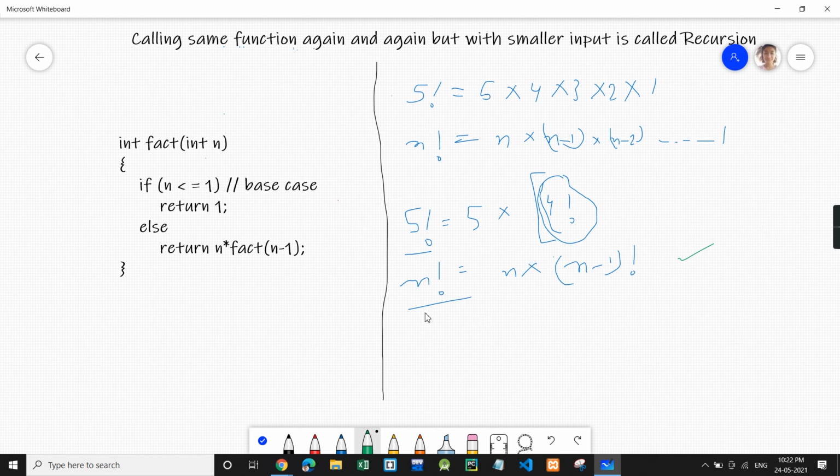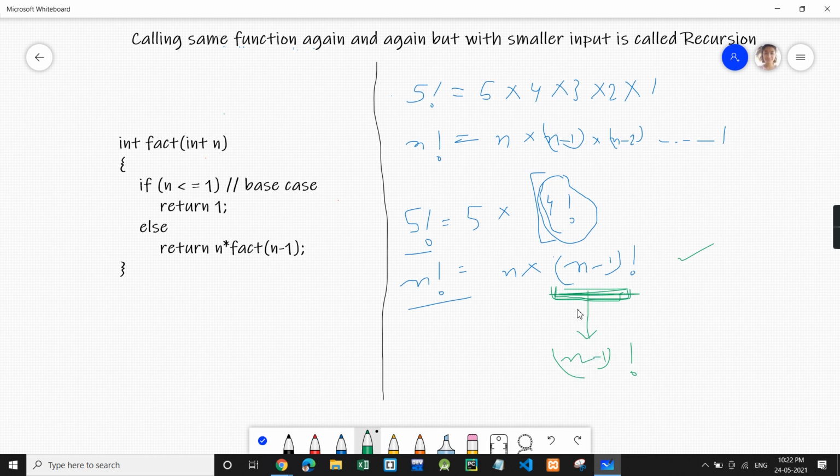You can have a recursive call to n minus 1. What the recursive call will do is calculate n minus 1 factorial for you. Don't think about how it will calculate and what all the calls will be. Just forget about that.